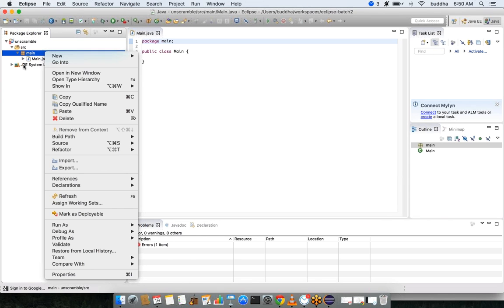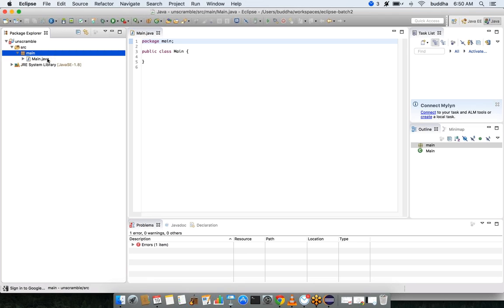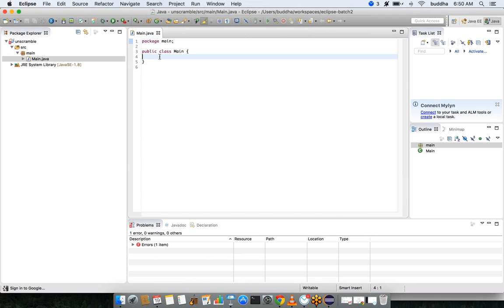But for now, let's just create a main class that should act as an entry point. We can have more than one class, but there is no point. Let's call this main the entry point. For the entry point class, there has to be the main method: public static void main String.